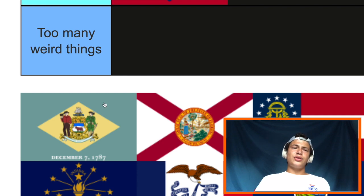It's all right, low resolution again. Sorry about that, but honestly, if I were to say, it's not all right. It's kind of really bad. It's just the state coat of arms, and honestly, I'm not really a fan of the coat of arms itself. I feel weird saying coat of arms, but yeah, that's really what it is. And it's just in